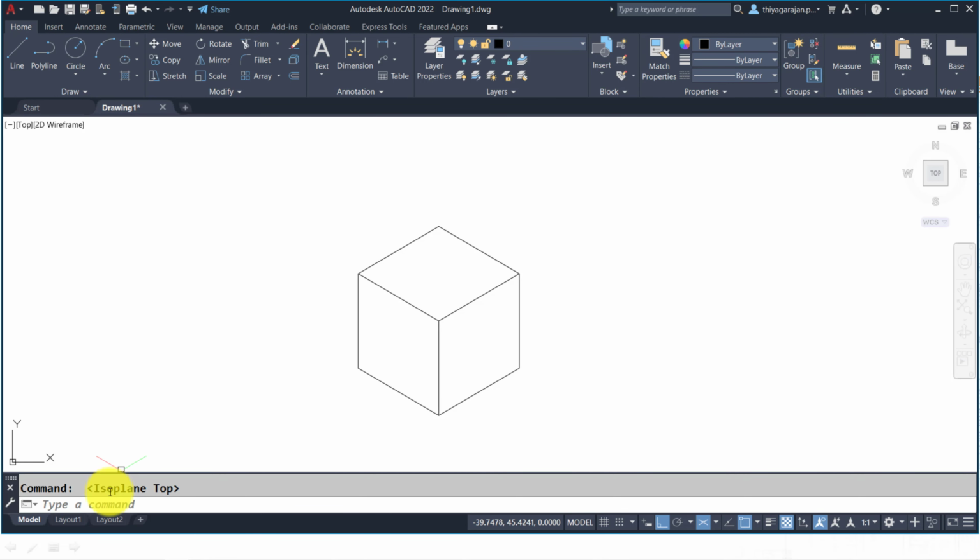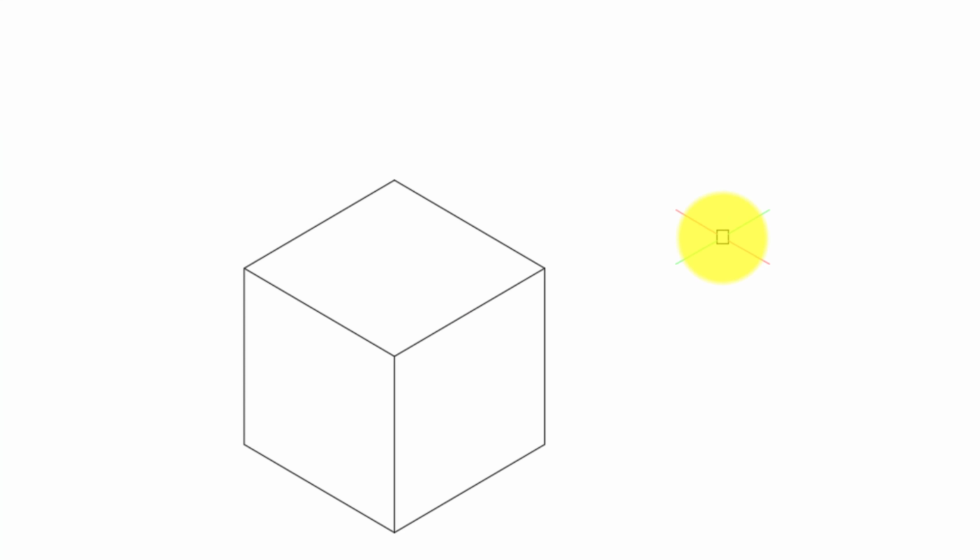You can see this isoplane top. So the cursor's 4 lines indicate the 4 lines of this face. This is a top. Okay. Similarly, again, if I press F5, it shows the right face. You can see the orientation of the snap cursor and the face lines. Again, if I press F5, it will show the isoplane left.